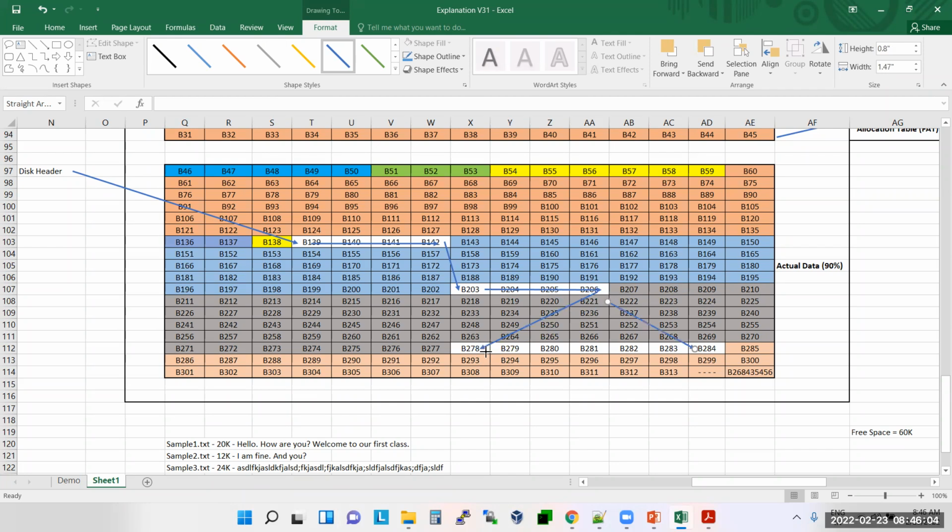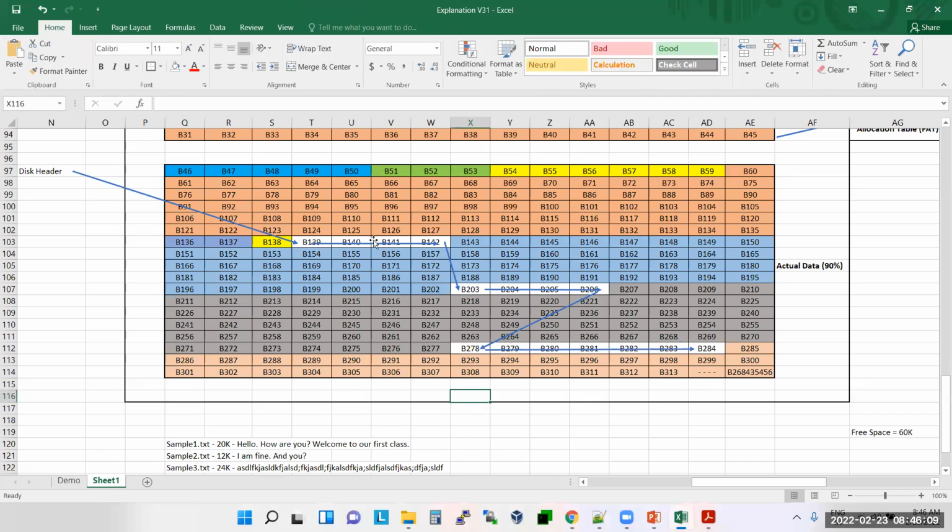Now tell me, guys, how many jumps is it doing? The disk header first comes here, then writes 4 blocks, then jumps here, writes 4 blocks, jumps here, writes 6 blocks. Do you think writing your data in continuous blocks and writing data into random blocks will take the same time? No, sir. It will take some time because it's jumping from one place to another. Exactly. So this is the first problem of the disk. Initially, when you purchase the disk, it is fine.